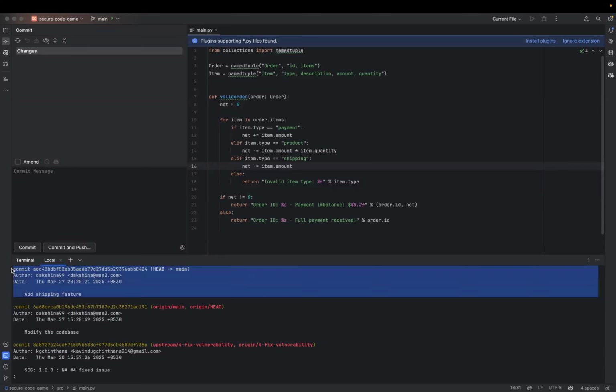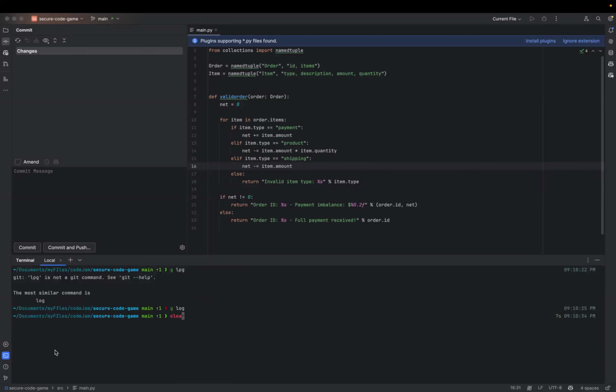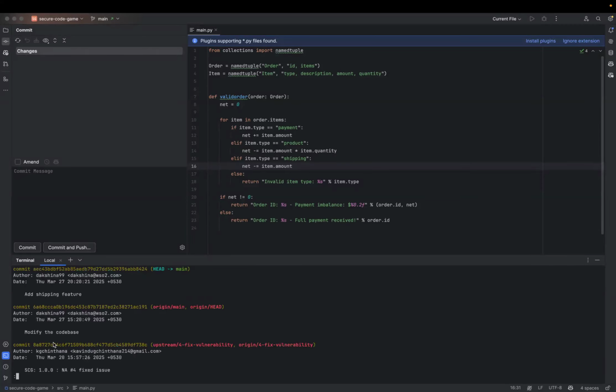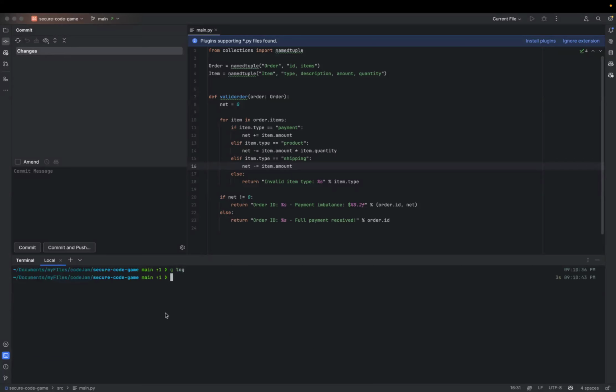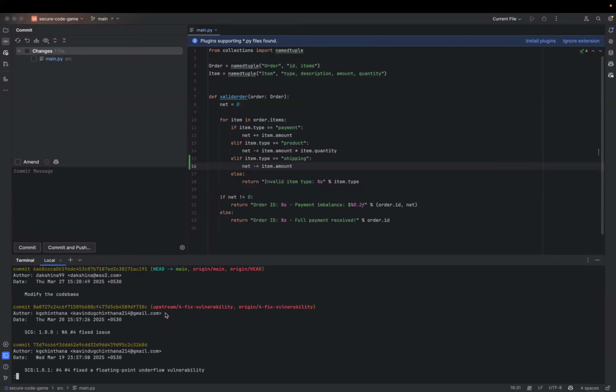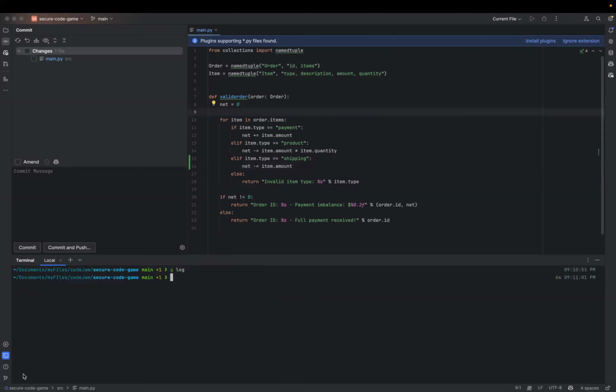So in that sense, right after we cherry pick that, we can soft reset it to that point. Okay, again let's hit this to see whether the changes are there or not. Now the shipping feature commit is not there.